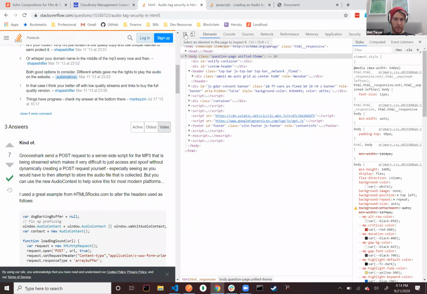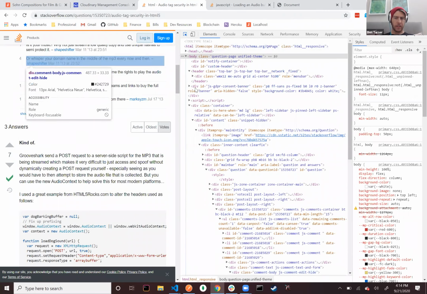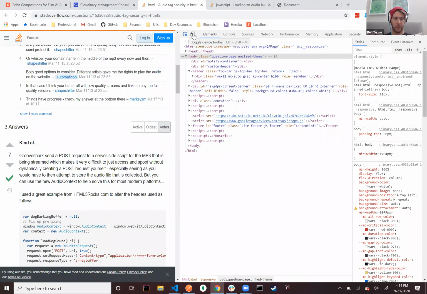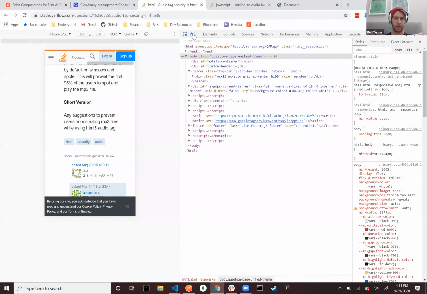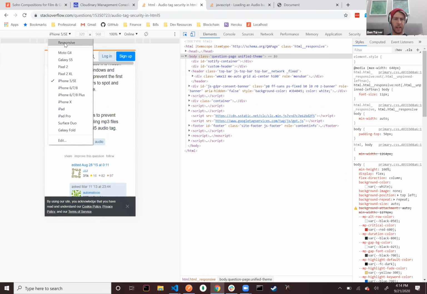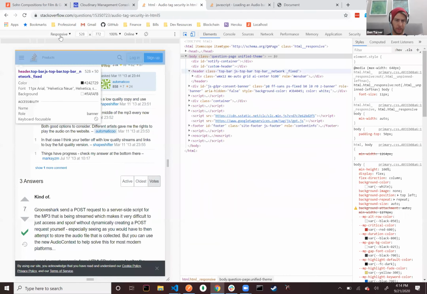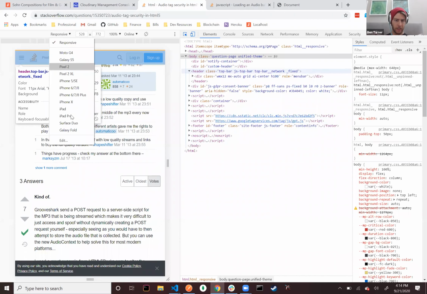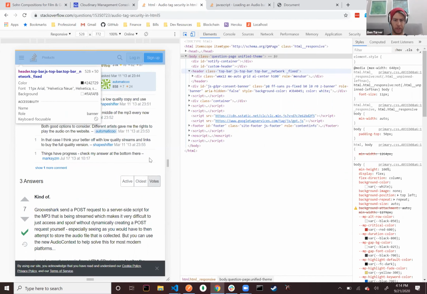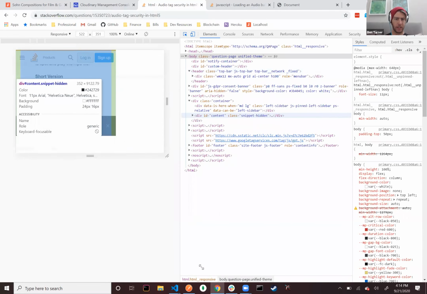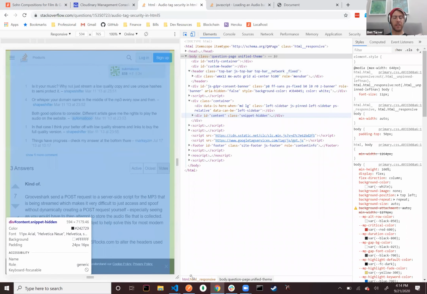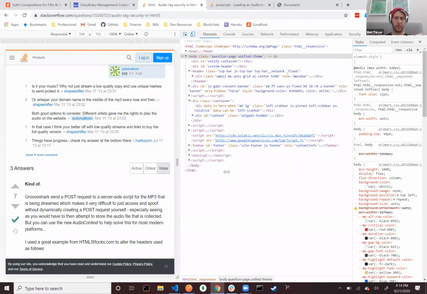other thing that you can do besides selecting actual elements is, I think one of the coolest features of the DevTools is this responsive tab here. What it lets you do is mimic different device sizes. So phones, you can even just dynamically change. If you select responsive from this drop down here, you can select a bunch of phones, but then you can select responsive, and this just lets you customize whatever size you want. And this is so helpful for when you're trying to make responsive designs,